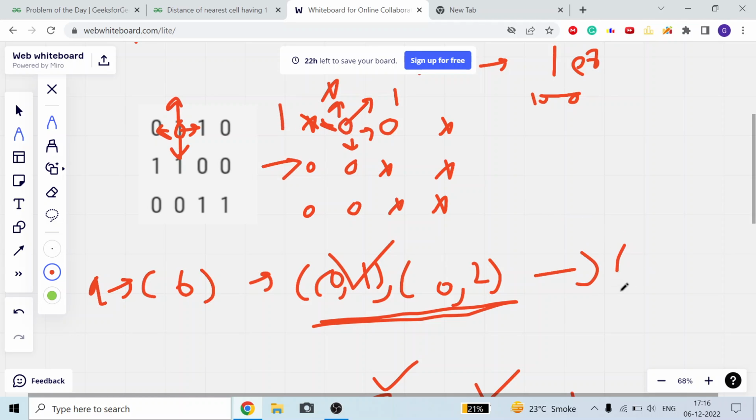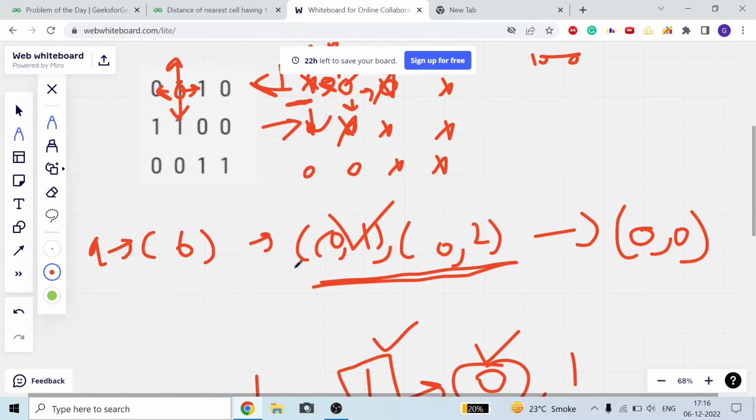And I am going to put this 0 comma 0 in my queue as well. In my queue, there is a new block which I put 1, and now it can open four new boundaries. What four new boundaries? 1, 2, 3 and 4. Four new boundaries it opened to me. But I am not going to put this and this. Why? Because either they are not a valid block or it is not possible to put one in it. Like for this, it is not possible to put one in it. So this is not a cell with distance equal to 1. This is not a cell with distance equal to 1. This is the only cell, so I am going to put it here.